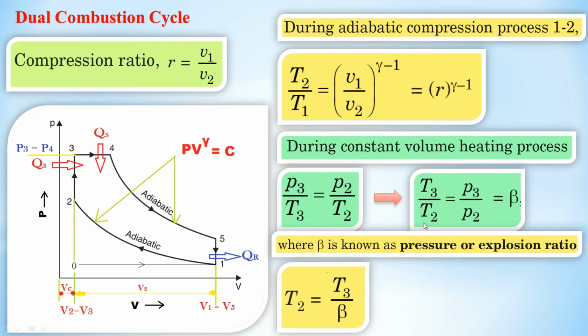Now we make T2 the subject. So T2 equals T3 divided by beta. From this term we can find the value of T2 in terms of T3 and beta. Our objective is to find all the values T5, T1, T4 in terms of T3. So finally we can derive the equation, and we can easily cancel out the remaining terms. Our objective is to convert all temperatures in terms of T3, with R and beta terms.